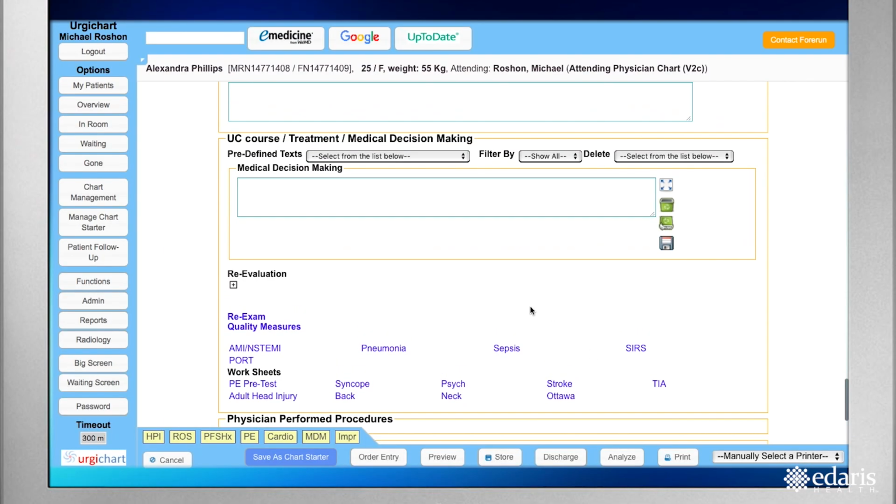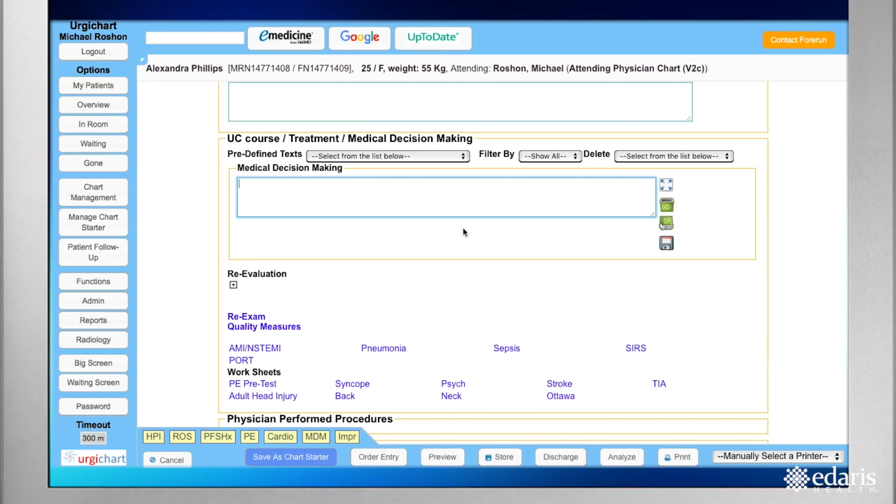So here's your free text narrative. You can type or dictate in as much here as you need. But one of the other things that we find is that we tend to say some of the same things over and over again. So we allow you the tools to be able to manage those macros. An efficient, effective use of macros is one of the key things that make our chart one of the fastest ones on the market. For instance, if you are seeing a headache patient and you type out what you think is a very detailed and specific description of why you think this is a standard headache and isn't anything dangerous,